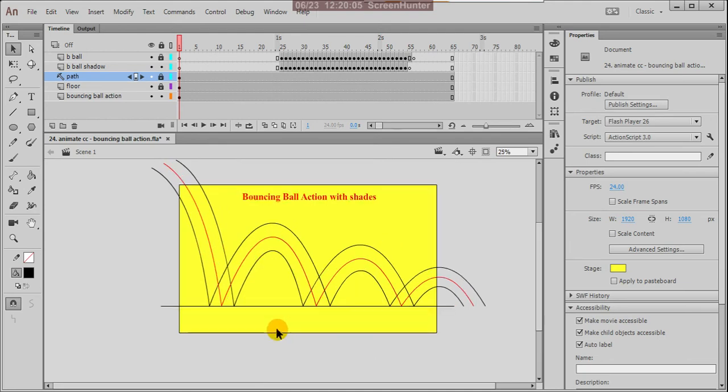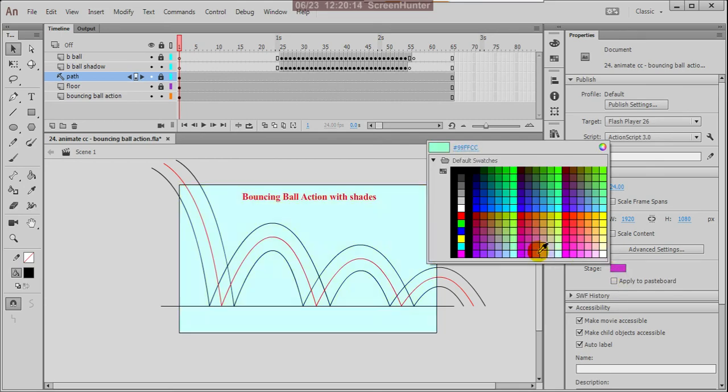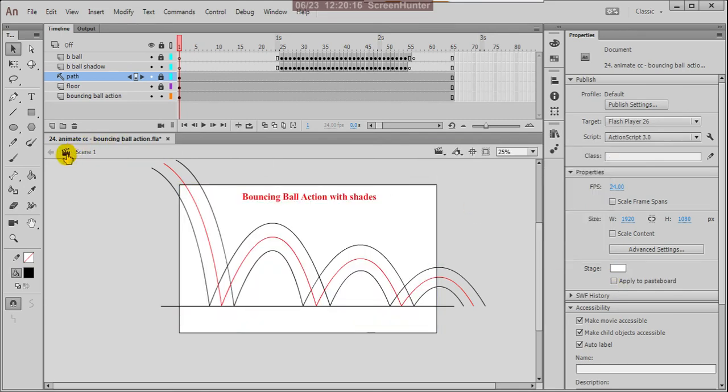The ground line also has to be hidden. But before that, I want to make one background.